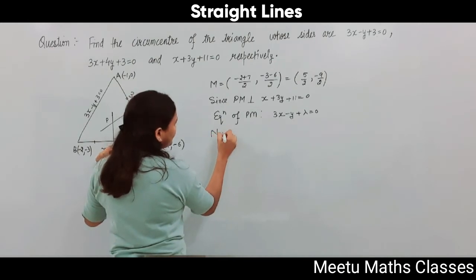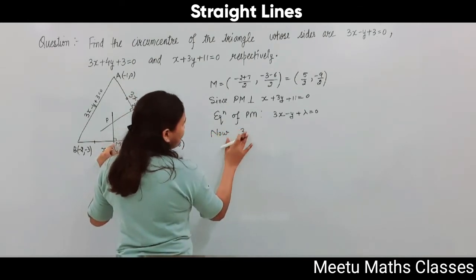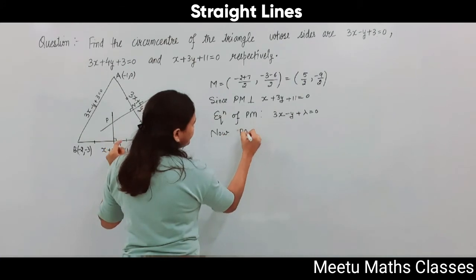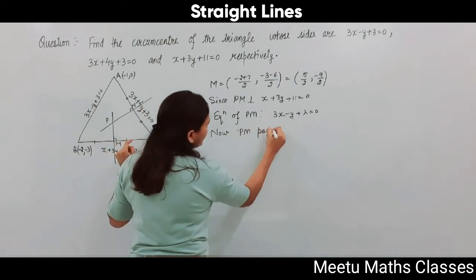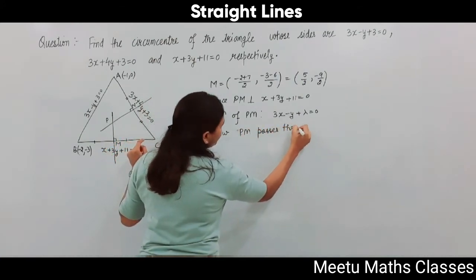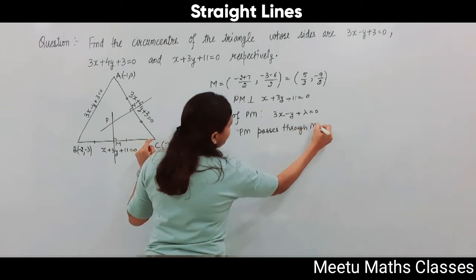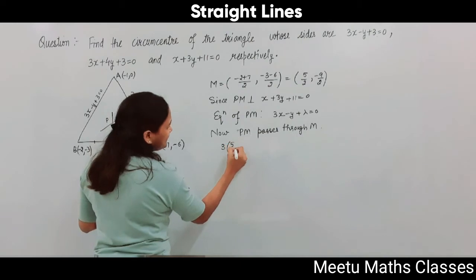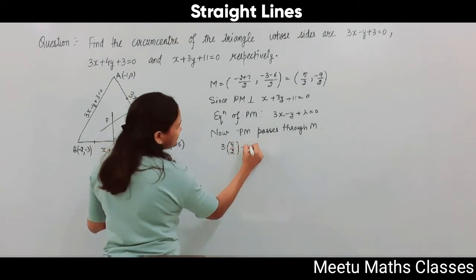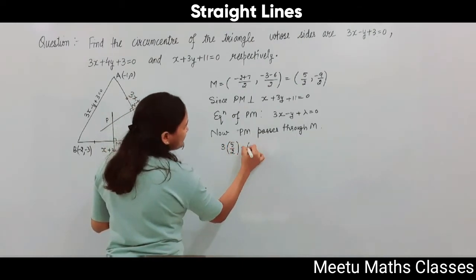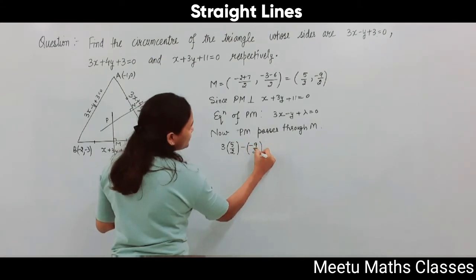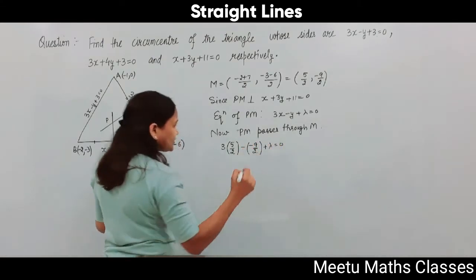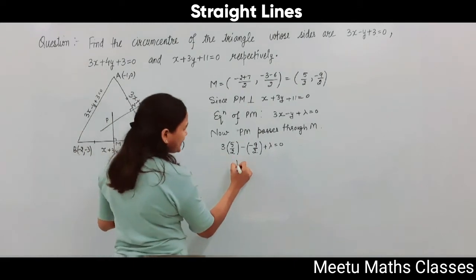Now this line PM passes through M. तो ये M इसको satisfy करेगा. y की value, आप क्या लिख सकते हैं, -9 by 2 plus lambda is equal to 0. तो lambda की value आपके पास क्या आ गई,